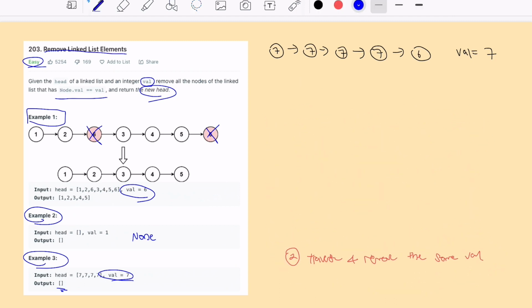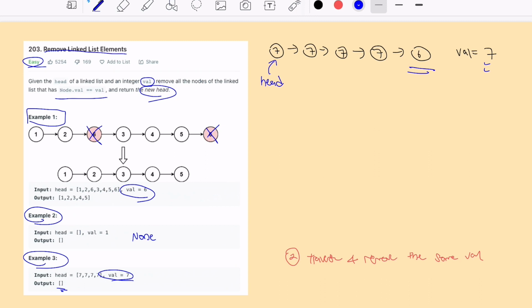Okay, so for the new head, I guess it's relatively quite simple because at the start we can take it as we have a pointer initialized here that points to the head. Okay, and what it needs to do is that if the values is the same, right, then what I have to do is to shift my head over to look at the next element. So what I'll actually do is that I'll first have like what I mentioned just now, the head will be